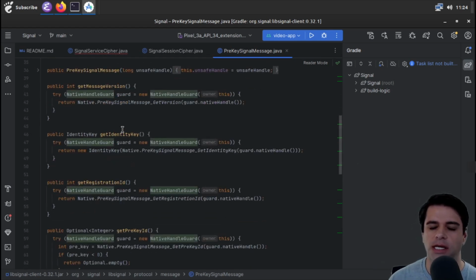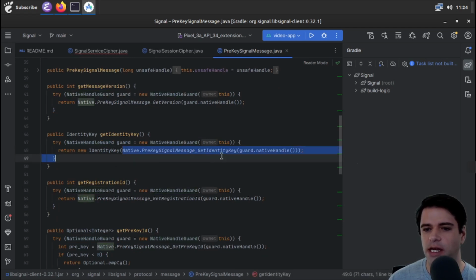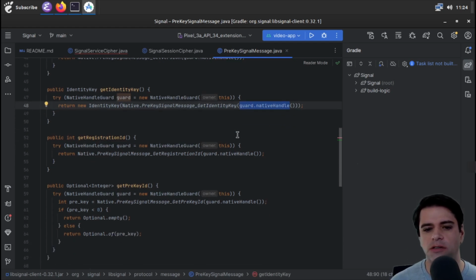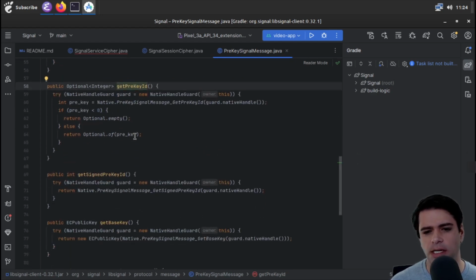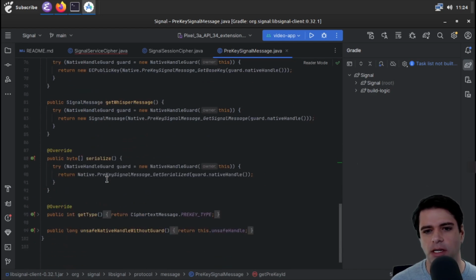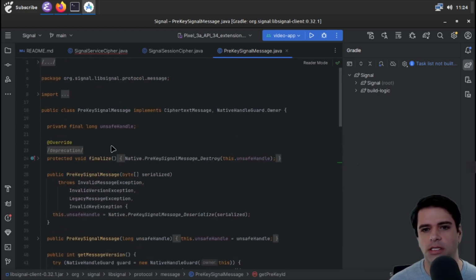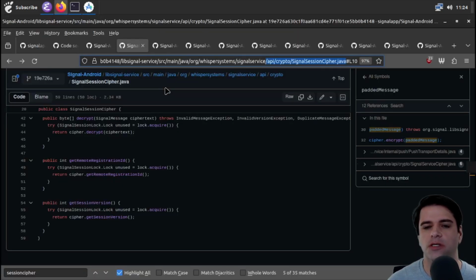We can get the identity key from the message, which we get by calling this native get identity key thing on a guard, and getting the native handle. So this looks like there's some native stuff in here. We can get the pre-key ID, getting signed pre-key ID. So I don't think this is telling us what the pre-key is, but let's try maybe a web